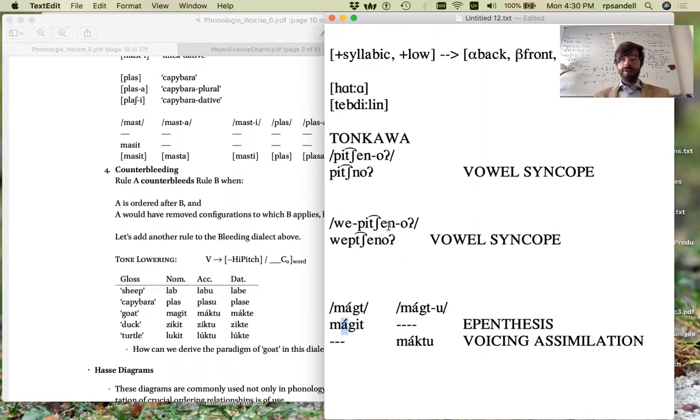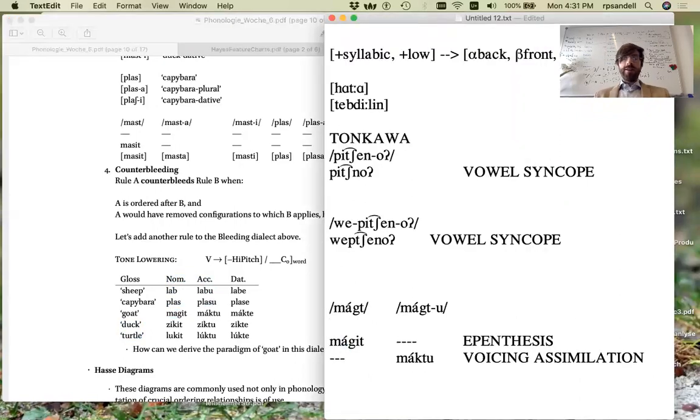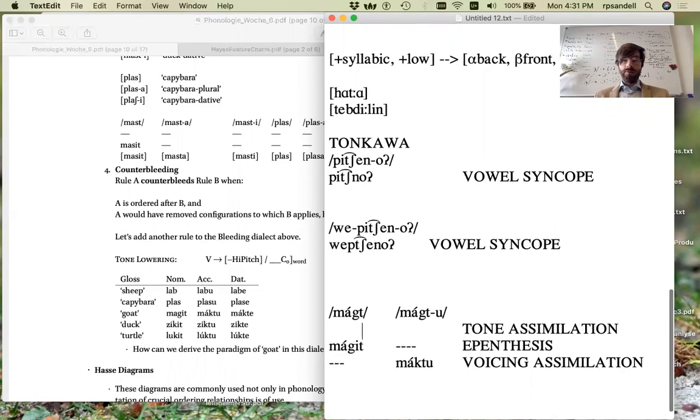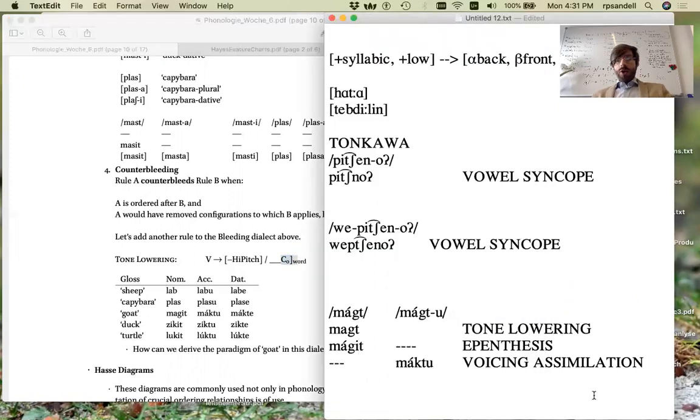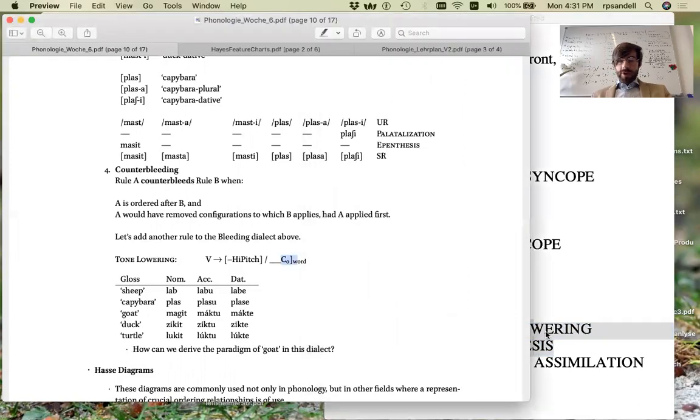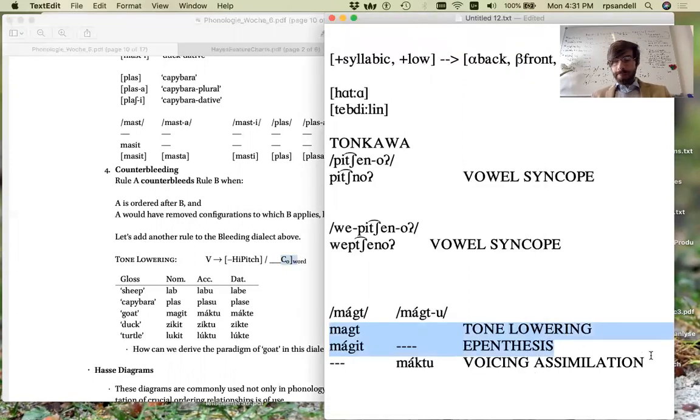we need to do something further to ensure that this vowel, this a, doesn't have a high tone as it does. This means that the tone assimilation rule must apply prior to the epenthesis rule. So tone lowering must first make this underlying high pitch into a non-high pitch, because that is the vowel closest to the right edge of the word. We can see if we had the reverse ordering of epenthesis and tone lowering, that,